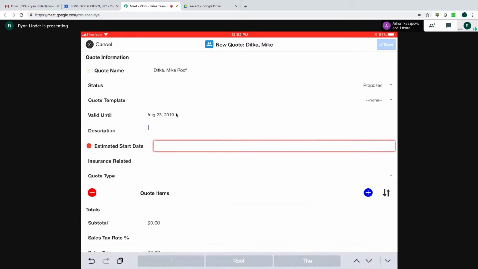The description field here is going to be the description for specifically what the issue is. So this isn't going to be what we're going to do to fix it. This is purely why are we here? What is this quote going to fix? So I'm going to put in the description field, leak in both